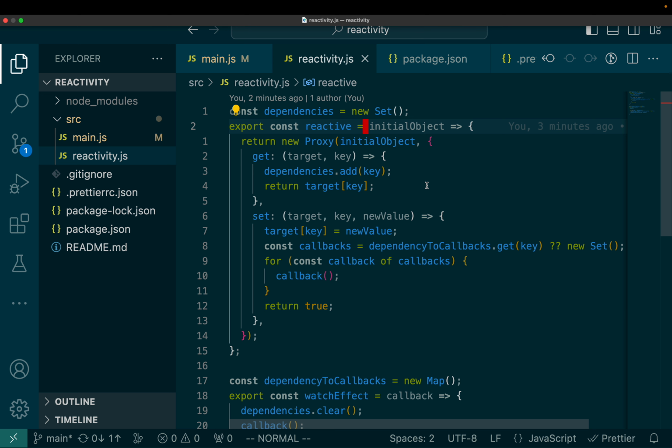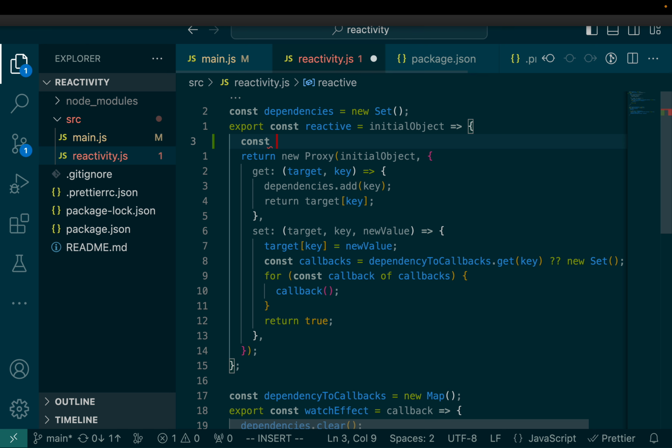So let's try this. Let's imagine a function called get dependency symbol for key. This function here is scoped to a single reactive. So each reactive will have its own get dependency symbol for key. So if two reactive objects share the same key, they will generate a different symbol. Is everyone familiar with the idea of symbol? Yeah, cool. Okay, so here we'll take in the key,